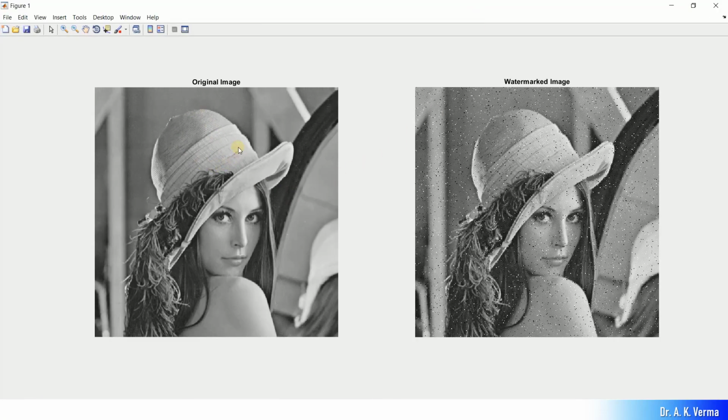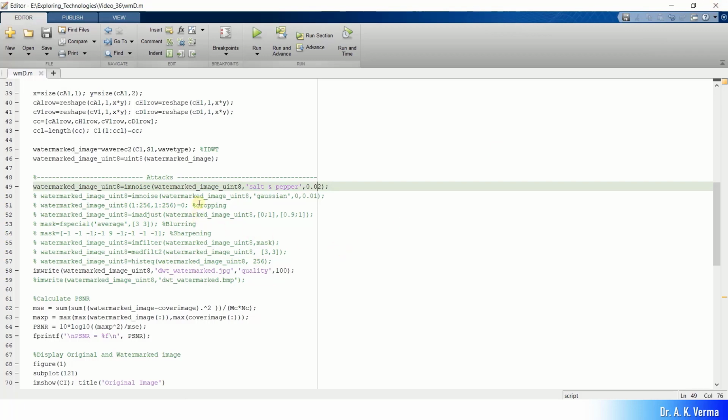So you can see that this is your original image and this is the watermark image, which is corrupted by this salt and pepper noise. You can see lots of white and black dots as a salt and pepper noise here. So let me try one more